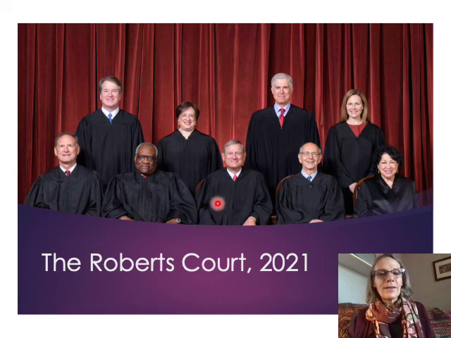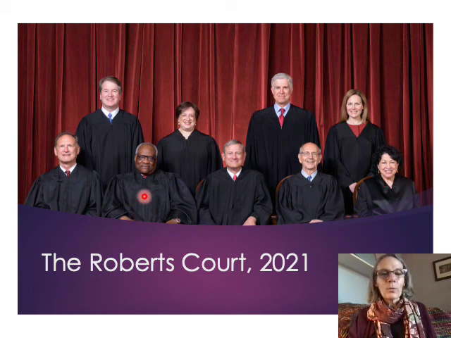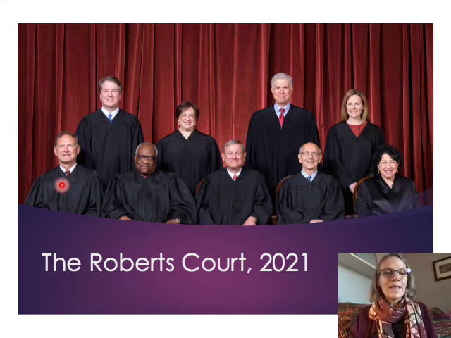Going from the member that's been on the court the longest, this is Justice Clarence Thomas, and then it's Breyer, and then here is Sam Alito, and then these are the two appointees from Obama. This is Elena Kagan, and this is Justice Sonia Sotomayor. Okay, Clarence Thomas was appointed by the first Bush, H.W. Bush, and then Alito and John Roberts were appointed by the second Bush, George W. Bush. So that's just a picture of the Supreme Court.